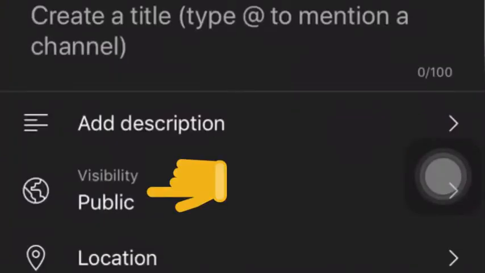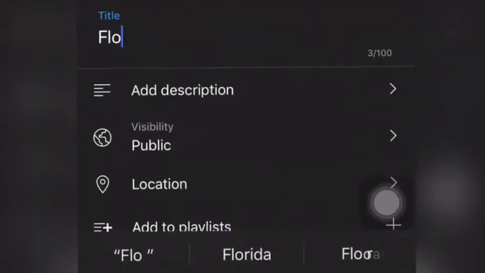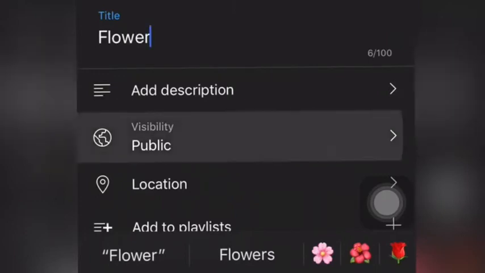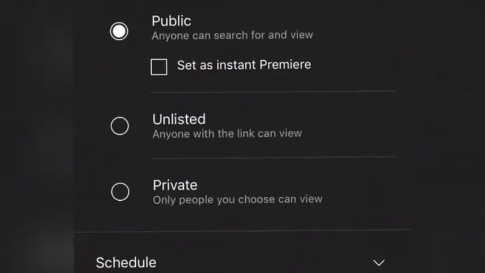Input some details on your video, and then we go to visibility. Actually, you can set up any title you want. This is just an example, so I choose flower, and then you can add some description, and then you go to visibility,